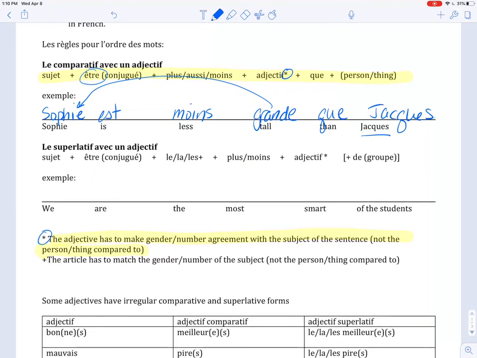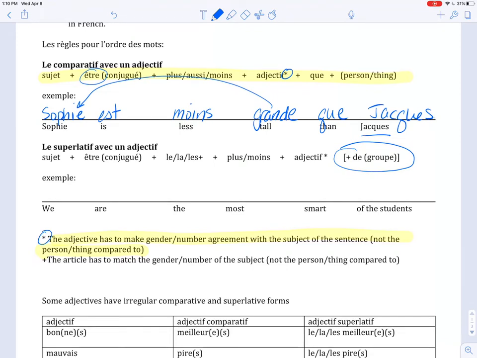Superlative is when we're saying someone is the most something. And then here at the end, I put in the brackets there of the group. So with superlative, you sometimes will state the group. Someone is the smartest of the class, or the tallest on the team, or the funniest of their friends. You don't always have to define what that group is. I think in all of these sentences I did define it, but just know that when you're using the superlative, you don't necessarily have to state what the group is. You could just say that someone is the tallest or the smartest or the funniest.